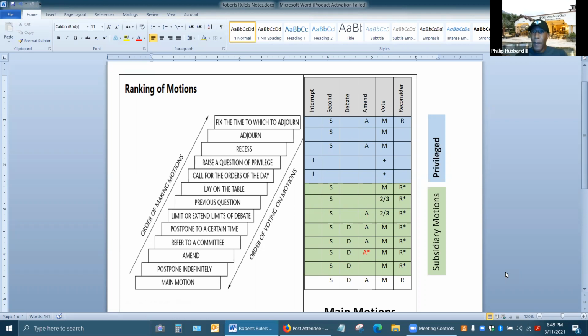And this is where I've seen it misused, and I've seen it allowed, and it should not be allowed, for someone to take over the floor to have an extensive debate on a motion. If you believe that is needed, before this motion comes about, and I'll get into how that's done later, then you should request the extension or the limit of debate, but not during the motion itself.